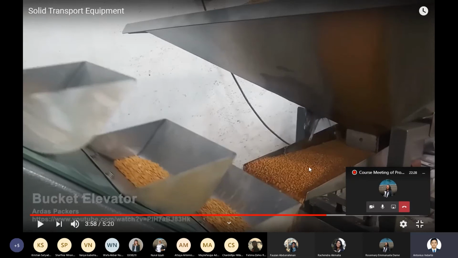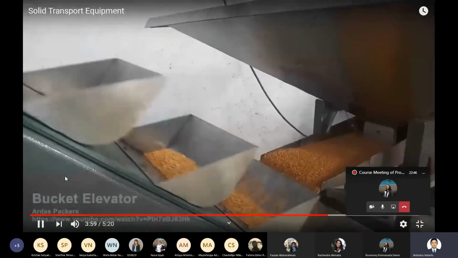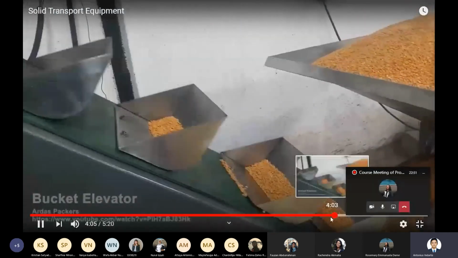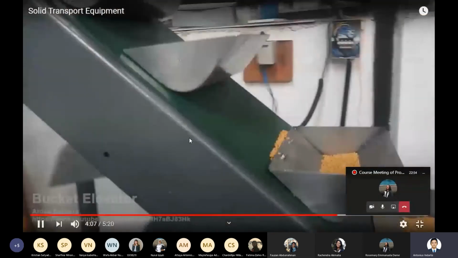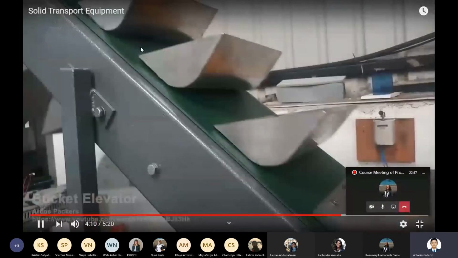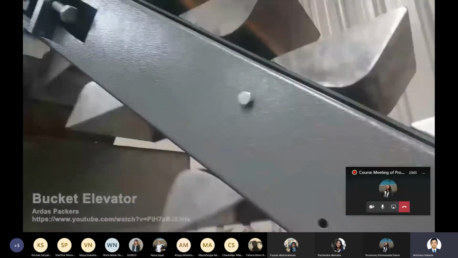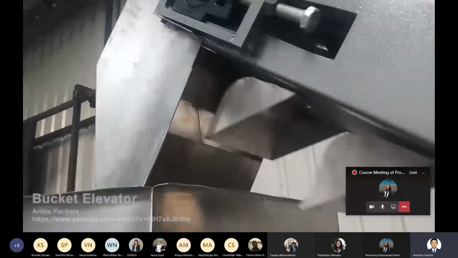But in the case that the dimension of the particle is quite big, like this one, you will use the bucket elevator. The bucket elevator is a kind of bucket that moves from the bottom to the top side, like this one, so you can bring your solid particle up.